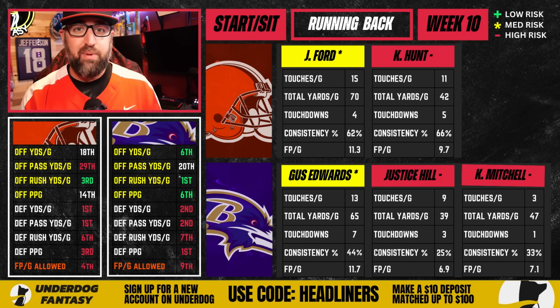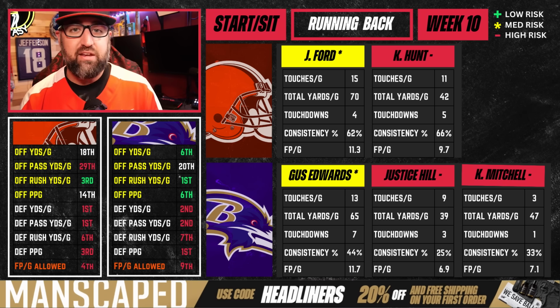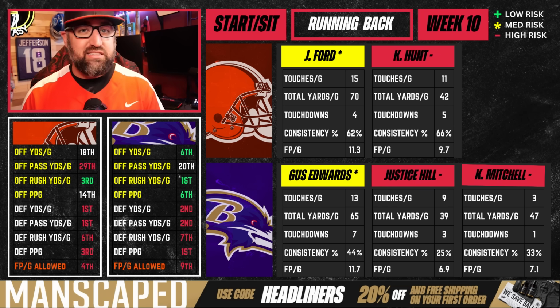That could be seen this past week. Once again, he was very inefficient. Jerome Ford continues to be a guy that really needs to rip off a big play to be fantasy viable. But even with that being said, I still can look at the numbers and tell you that something seems up